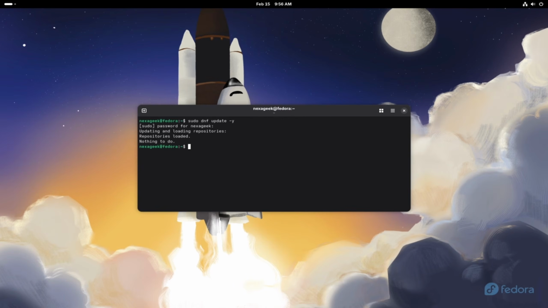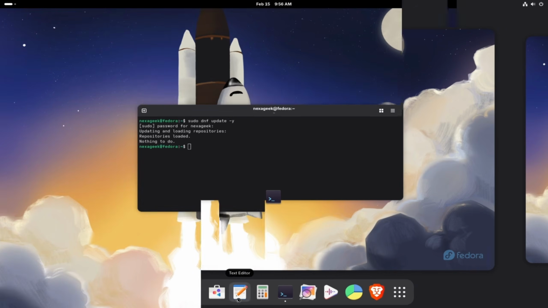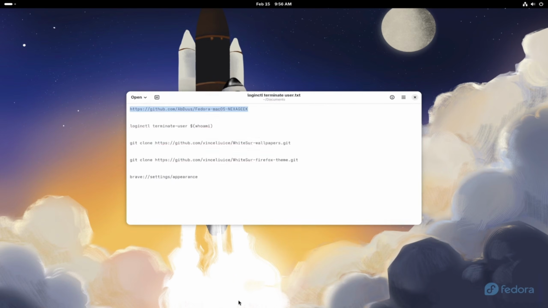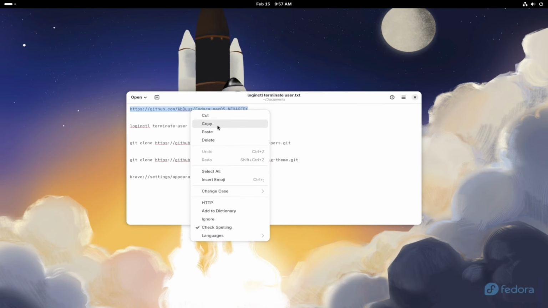Now after we updated the system, I will open text editor and let's clone my repository. In this repository I automated the script that's gonna install the themes and Dock panel, so the credit to the developer who made the project. I didn't build this project myself, I just used his main repositories in my script just for automation, and you can go to the readme file and you're gonna find all the details. So let's copy this repository